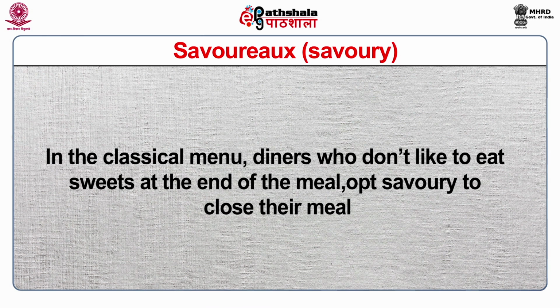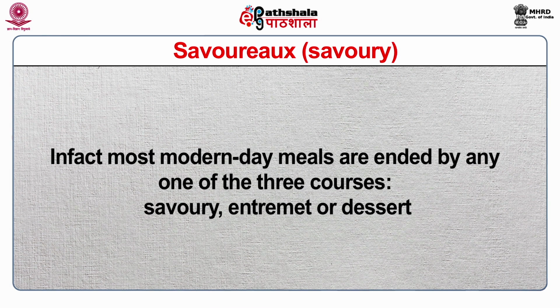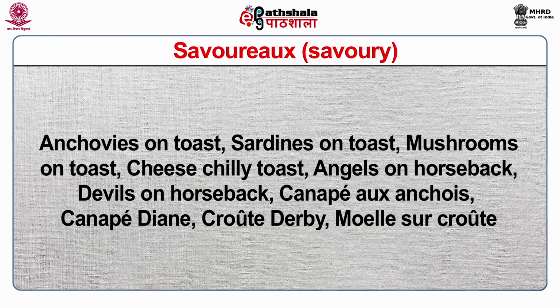In the classical menu, diners who do not like to eat sweets at the end of the meal opt for savoury to close their meal. In fact, most modern day meals are ended by any one of the three courses, savoury, entremet or dessert. Examples of savoury course: anchovies on toast, sardines on toast, mushrooms on toast, cheese, chili toast, angels on horseback,